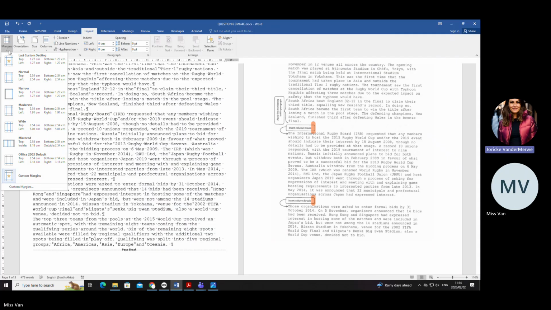Now, in this examination paper, they were nice to the students because they chose one already set up. Can you see on your question paper, it says all the margins must be 2.54? Can you see that? Okay.